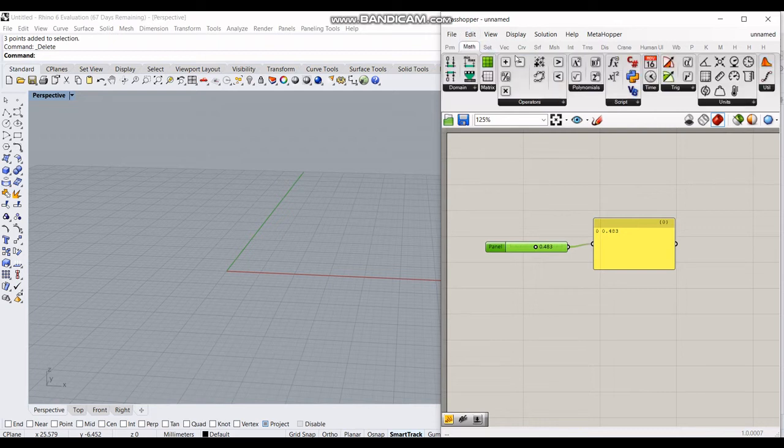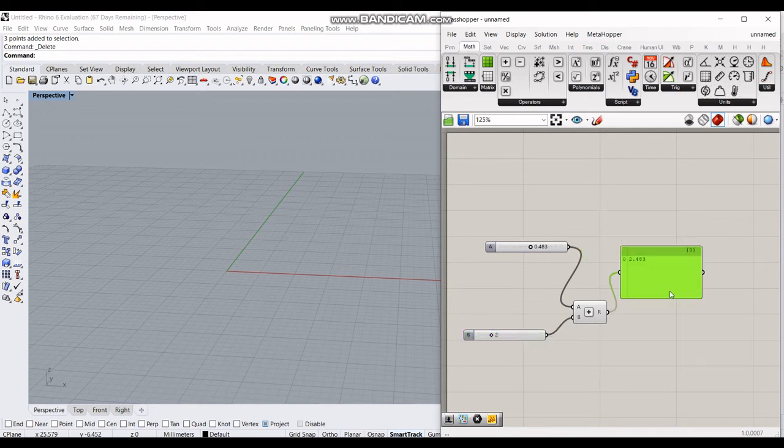So let's see some basic mathematical operations, for example, addition. Let me use another slider for this. Now you can see you can vary the sliders here, and this component performs the addition operation. These are very trivial things that can be done with Grasshopper, but sometimes can be really useful. And this addition doesn't work only for numbers. You can even add vectors using the same components. So in that case, it proves really helpful.